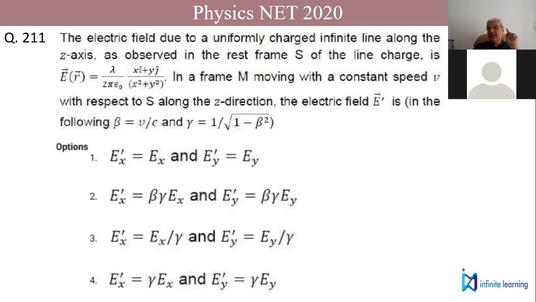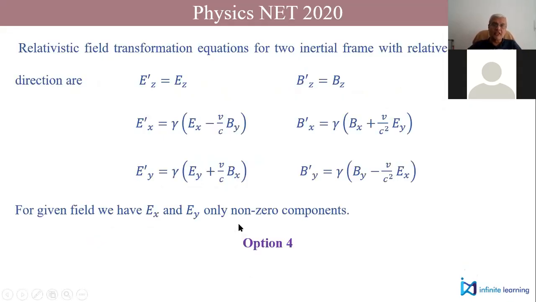See, they are equal in this case, but your relative speed is along the z direction. You have to be extremely careful in writing your field transformations. Now, if you substitute the values, the magnetic field is 0 in all the frames. And you are not asked for the magnetic field either, which means you have to consider only the 3 equations on the left, out of which the z component is the same, and it was 0 in your field also.